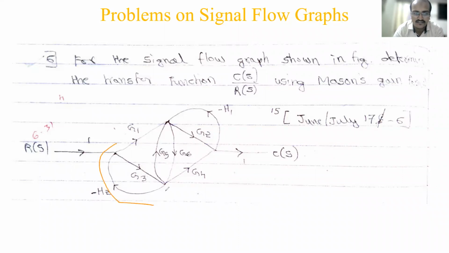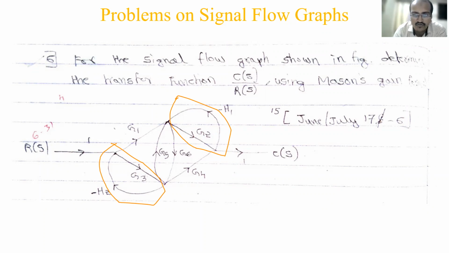If you have considered this as L2, this loop and this loop are non-touching. They are completely independent of one another. Whereas L3 is touching both the loops. L4 is traversing every path. L4 is also going through the complete circuit, right? That's why they do not come under that. So the only 2 non-touching loops are L1 and L2.